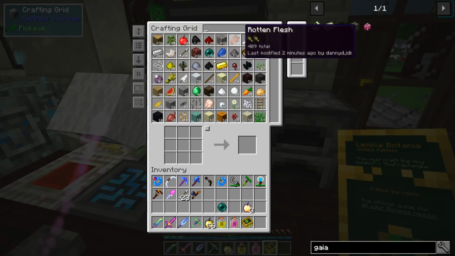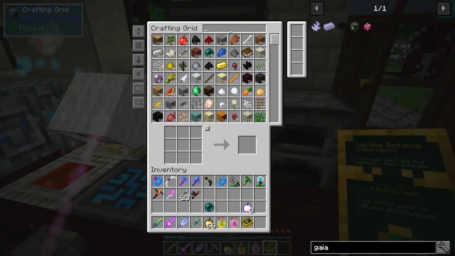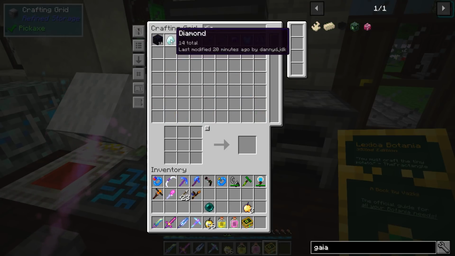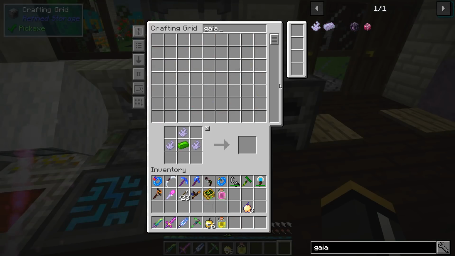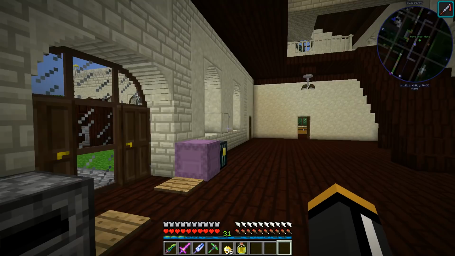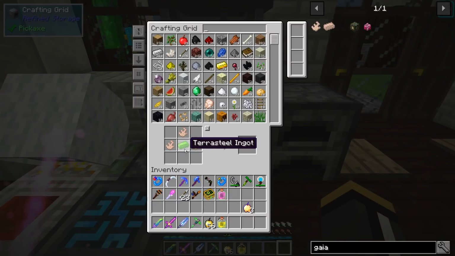So we need four of our Gaia spirits, and then we need to make another Terrasteel. So another Ender Pearl, another Diamond. Actually, we're going to be doing this a few times, so I'm going to make a few of these. Okay, now I remember why I usually don't make the Flugel Tiara until after I fight the Gaia, because now we only have one spirit left, so I'm gonna have to fight the Gaia tier 1 one more time,